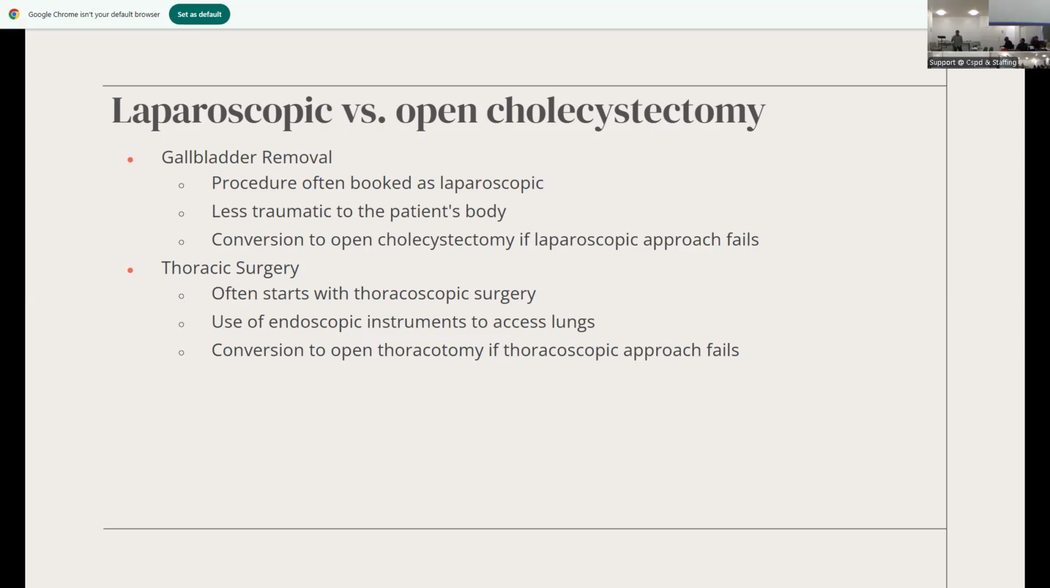Then we have thoracic surgery. Thoracic is the chest. Open your chest and take care of it. Often it starts with thoracoscopic surgery, using an endoscopic instrument to access the lungs. Before, thoracic surgery meant they just had to open. Now they don't want to open people. They can just make a small incision and enter there with